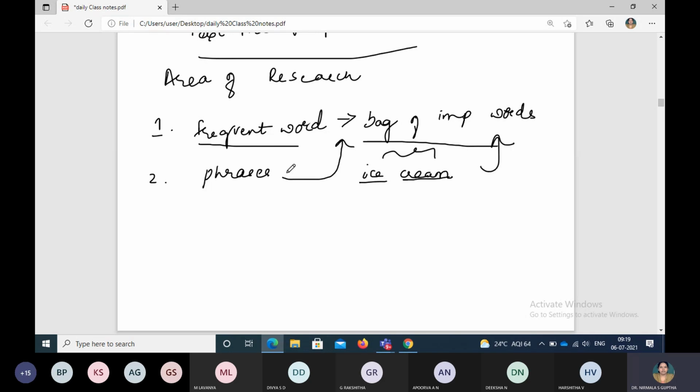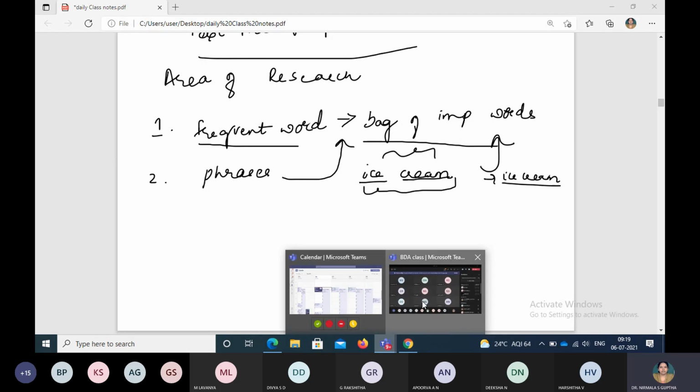Whatever we got as important words in the bag of words, which are frequently used and which we identified as frequent words, we consider next. When I say ice cream, it becomes meaningful when I combine these two, so I get the word ice cream, which has a meaning. As separate words there is also a meaning, but it is not so relevant with respect to the context of eating or buying or craving to have that ice cream. So that we need to understand.